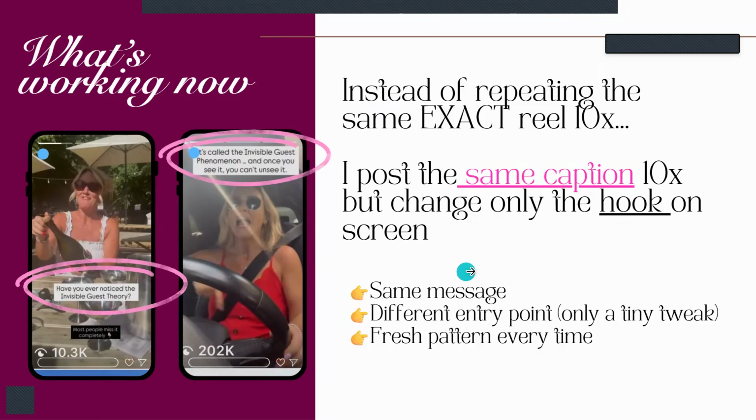We keep the same message, what we're trying to go out there with. We post the exact same caption, but the thing that we change is the hook on the screen. So it creates a different entry point with only a few tiny tweaks, and it's creating a new pattern for the algorithm every single time we use it.